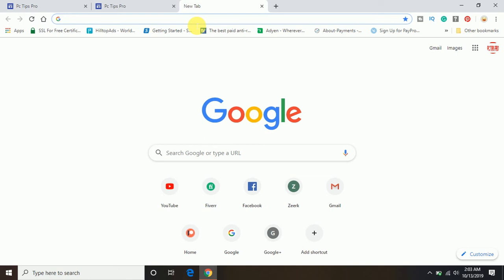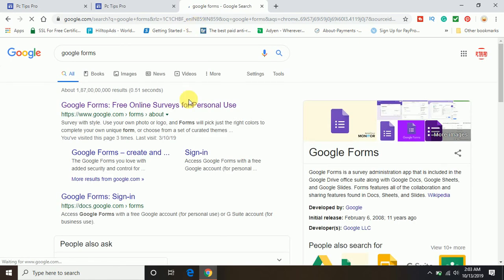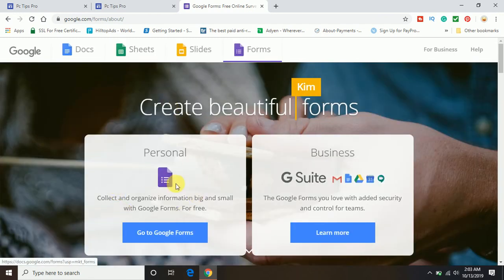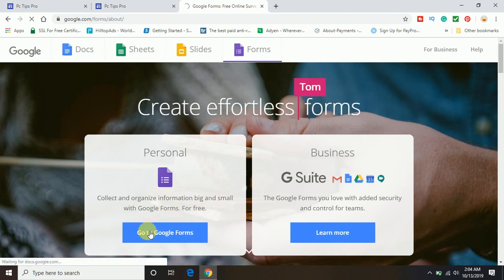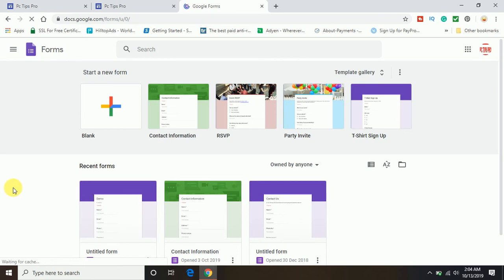So let's get started. First of all, open the browser and type Google Forms, and it will open the Google Forms page where you can click on that, and here you can see it's coming up for personal or for business. So I'm going to use personal. Now I have already created several contact forms with Google Sites, so I'm going to create a new one. In order to create a new one, you can click on this blank option with the plus sign,